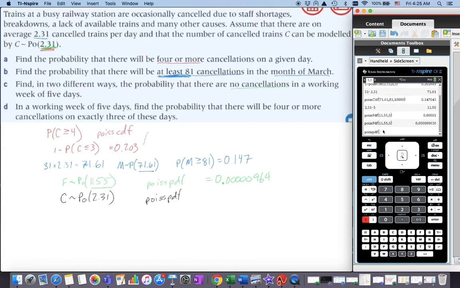And when we do this Poisson PDF, we'll put in the 2.31, and then we will put in the 0, saying that we want 0 cancellations that week.